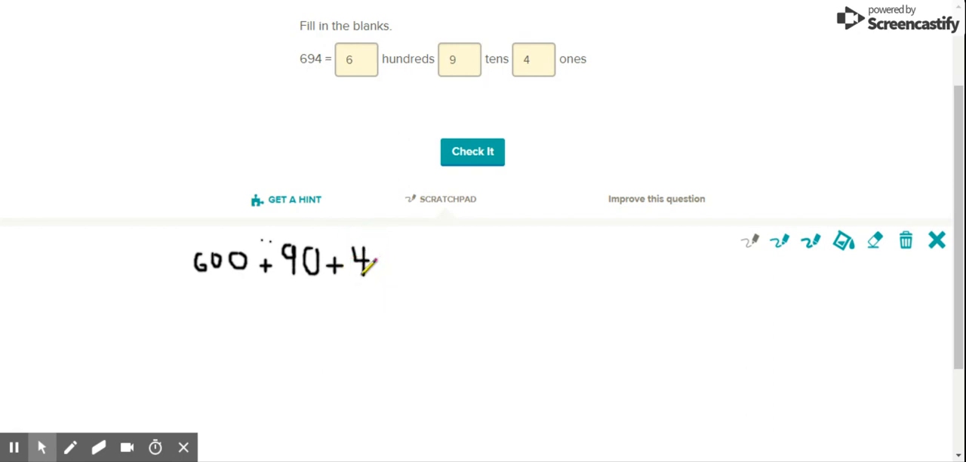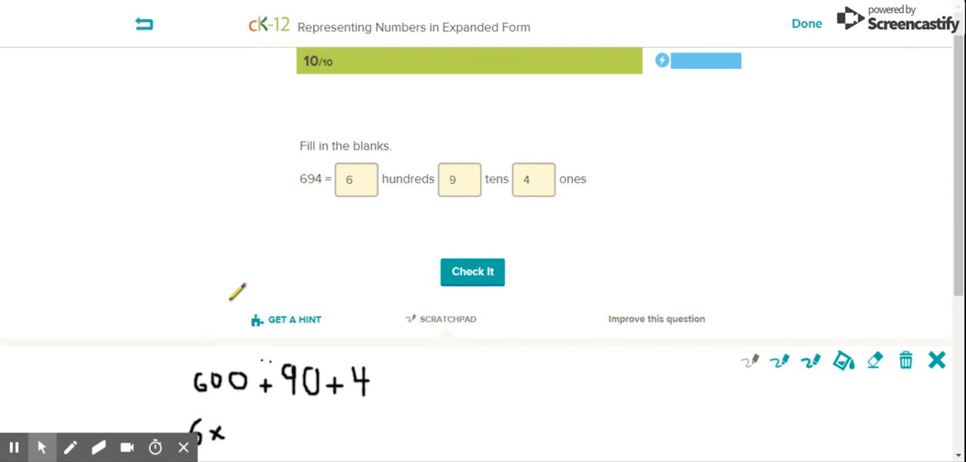Most of you remembered this from last year, but I know they were also asking you to do it one more way, and that is long expanded form. So we're going to do it long expanded form. Remember, every time if we added these up, it would still get back to 694. So our long expanded form, we're taking 6, and we have 600, so it's 6 times